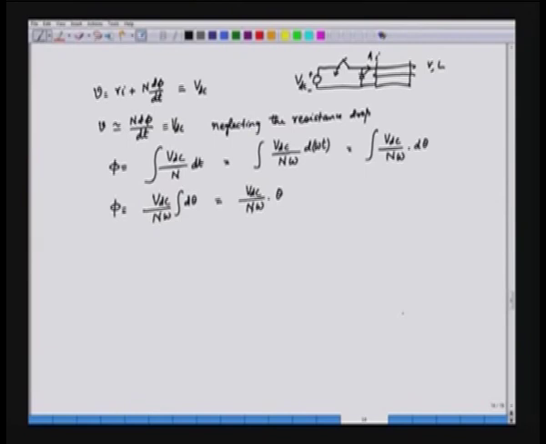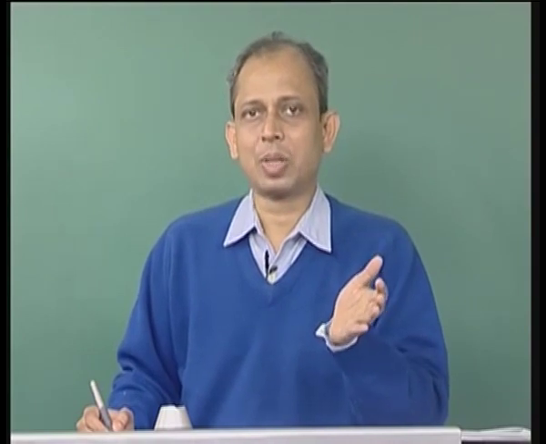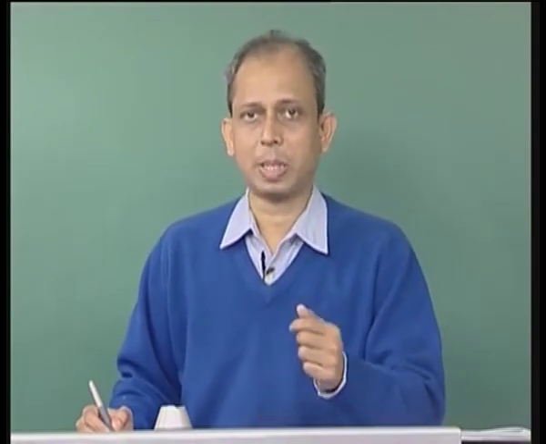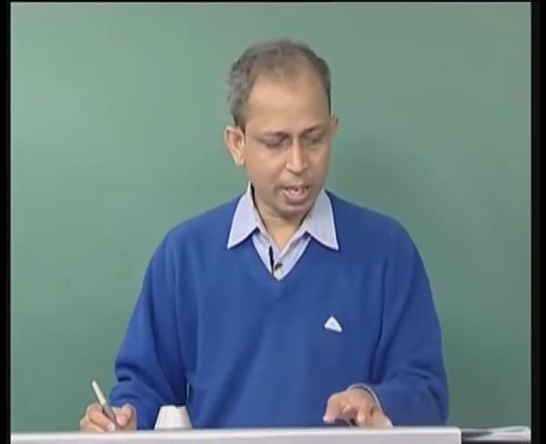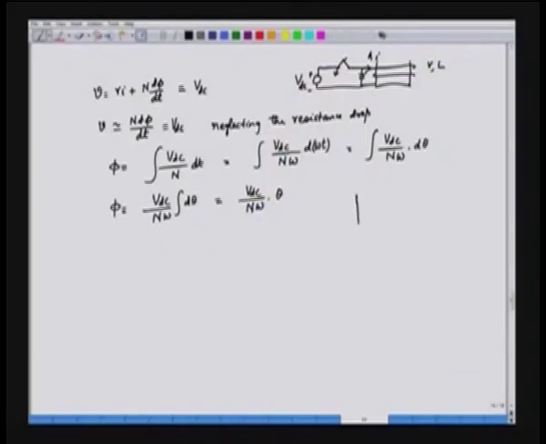So, here we find that if we apply a voltage, the flux will rise linearly with theta. The flux phi is proportional to theta. Now, we have this inductance, and the inductance is a function of theta, and it varies like this: rising, then remaining constant, then again falling, then remaining constant, then rising and remaining constant in this particular way, and before that also it was constant. So, this is the 0 position,